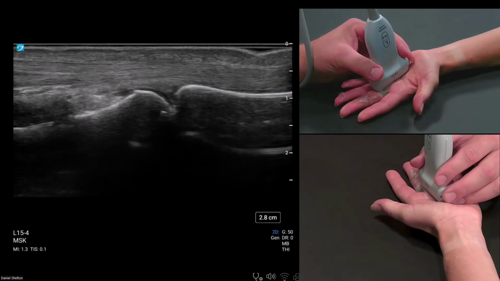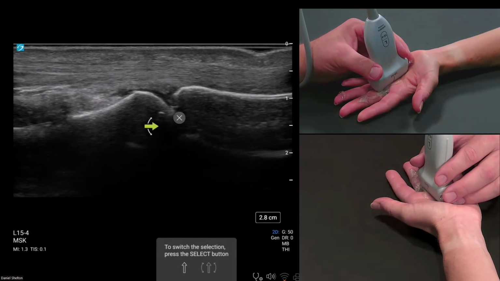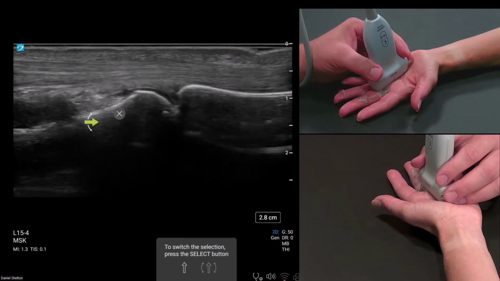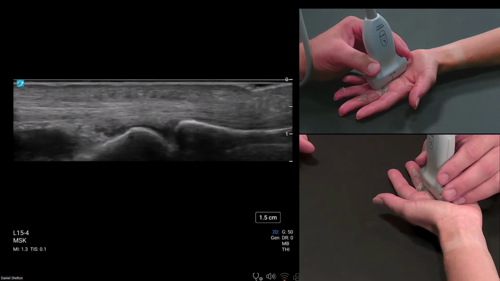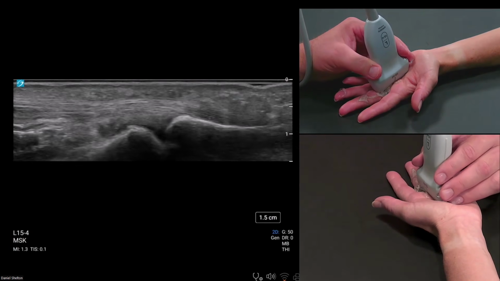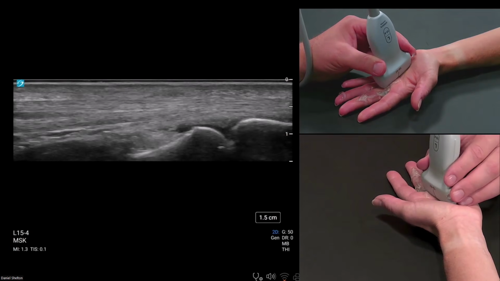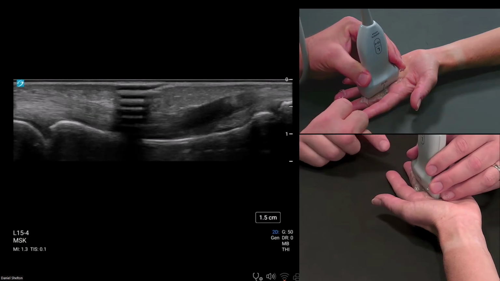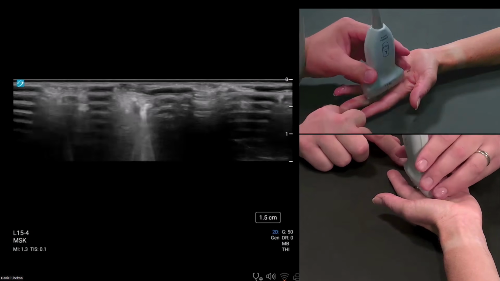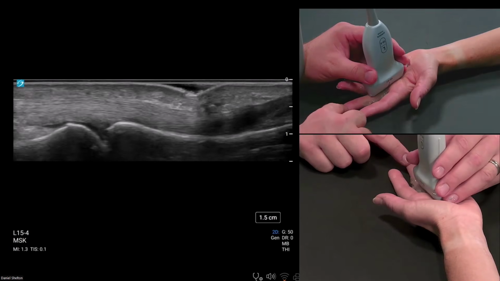So on the right side of the screen, we've got the proximal phalanx, and we have the distal metacarpal, approximately on the left. I'm going to bring my depth up more shallow to optimize. And we already covered a bit of flexor tendons in a previous webinar, so I'm going to ignore the hand part of the flexor tendons, but we are going to go into the part of the finger where the tendon kind of changes shape. So let's focus on the tendon really quick before we get into the pulleys.